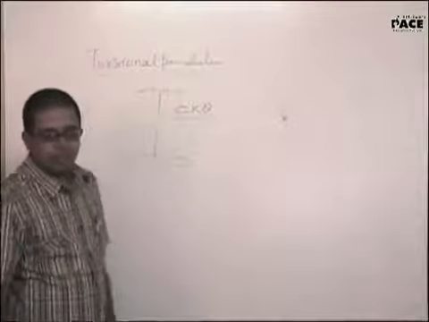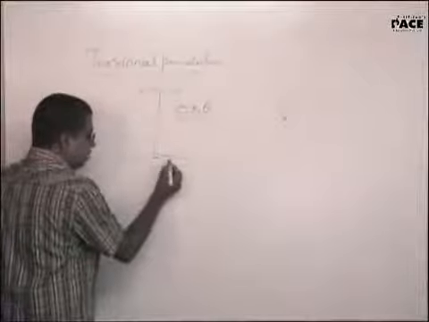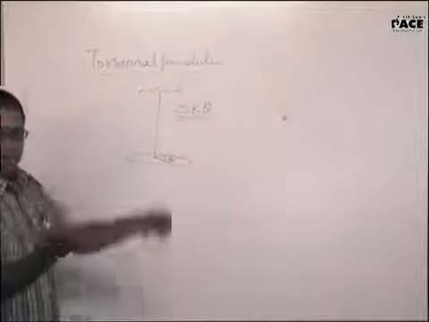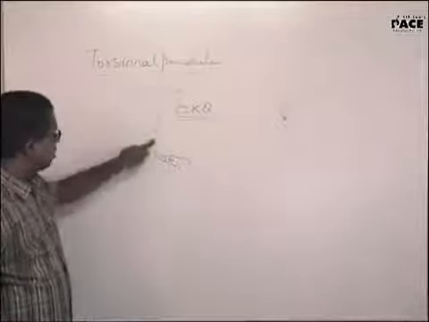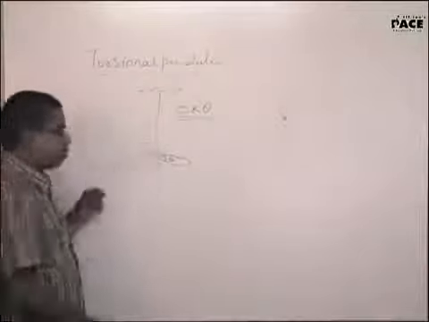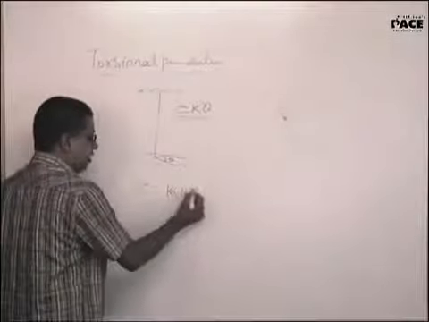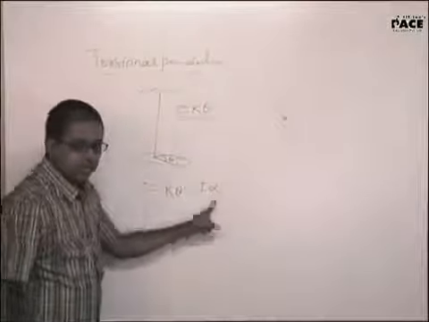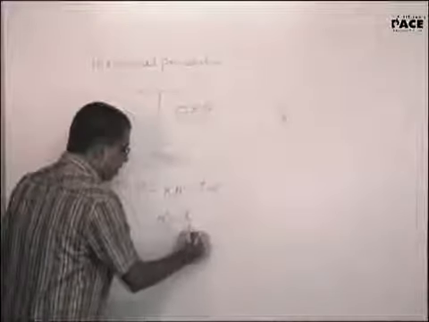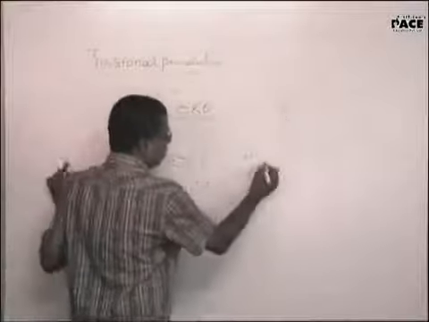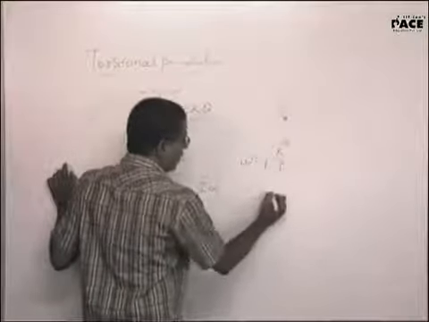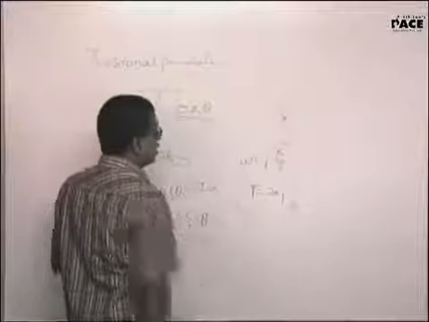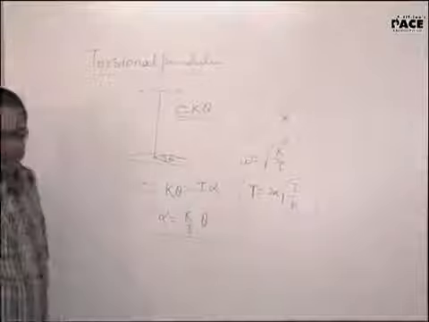Now if this value is theta, this is a large disc hanging at the lower bottom, sufficiently heavy. When that is rotated by an angle theta, the twist in this wire will produce the restoring torque. Torque is equal to K theta is equal to I into alpha. I is the moment of inertia of the disc. Alpha is the angular acceleration of the disc. Alpha is K by I into theta. Hence, omega is under root K by I. Time period is 2 pi root over of I by K. I is the moment of inertia. K is the torsional constant.